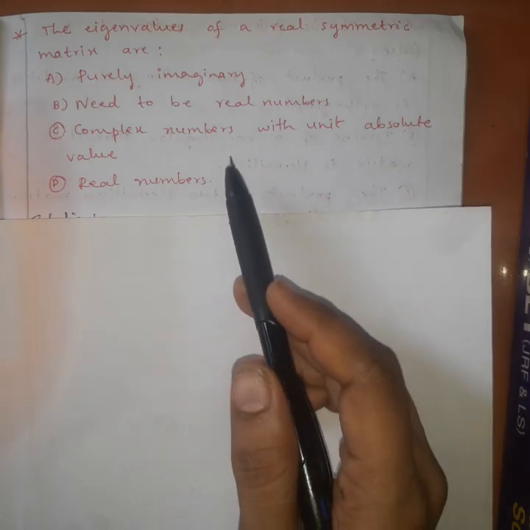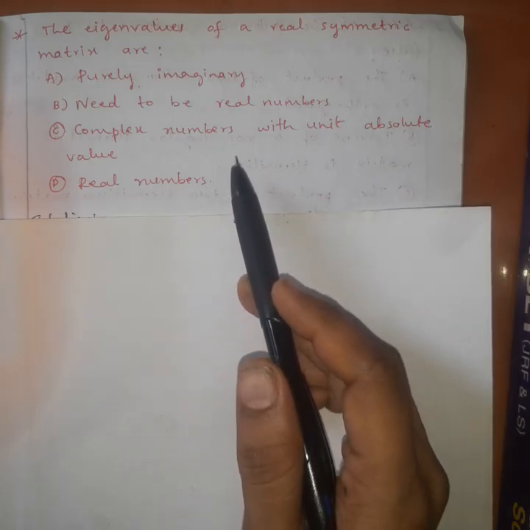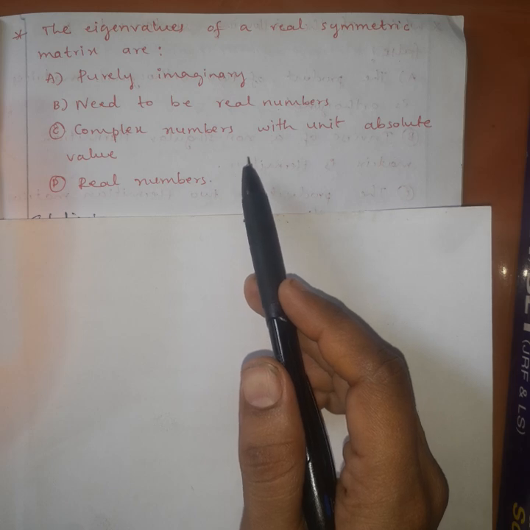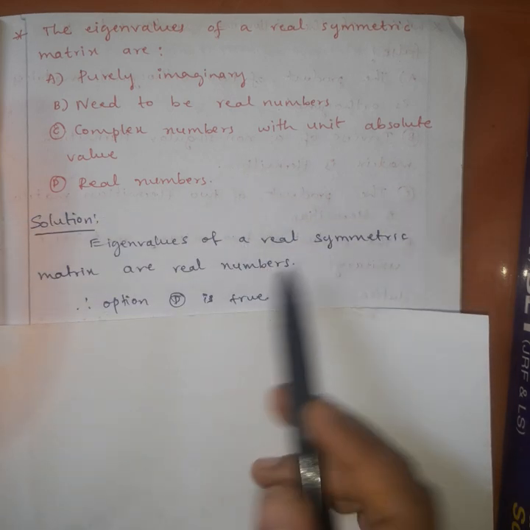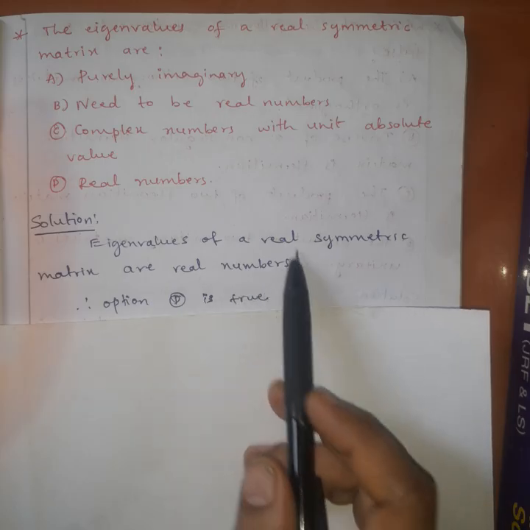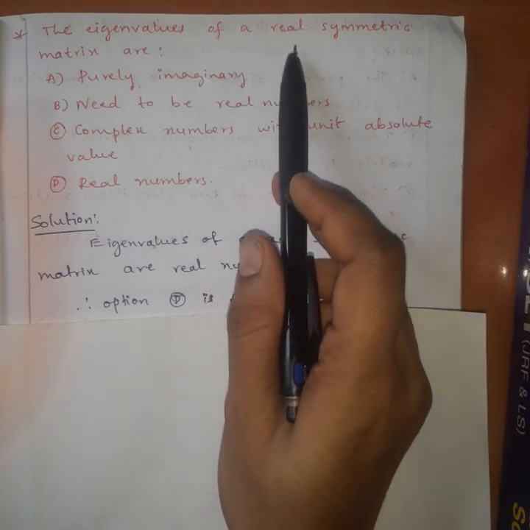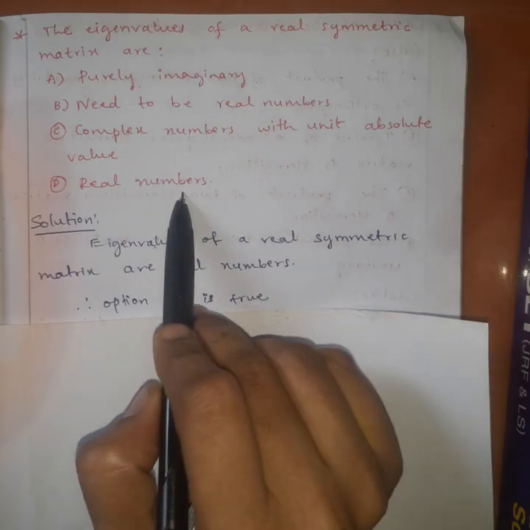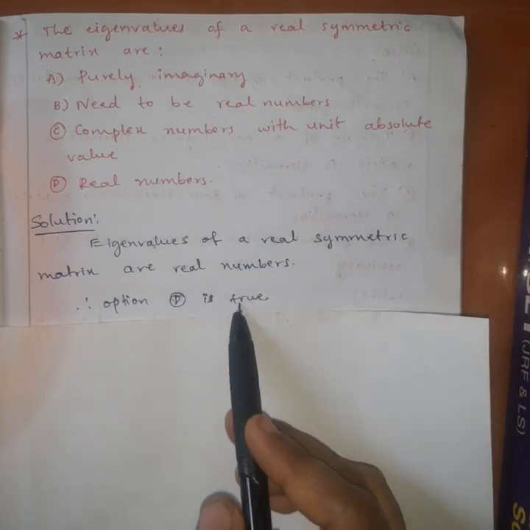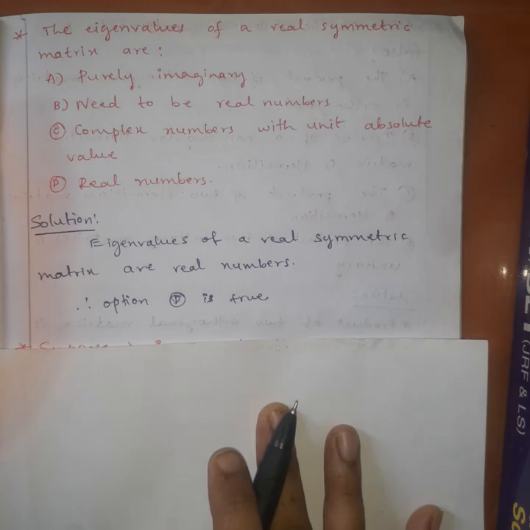So this question is a direct one. We have one of the standard results, that is, eigenvalues of a real symmetric matrix are real numbers. So here, given the matrix is real symmetric, its eigenvalues are real numbers. Direct question. So option D is true. Next